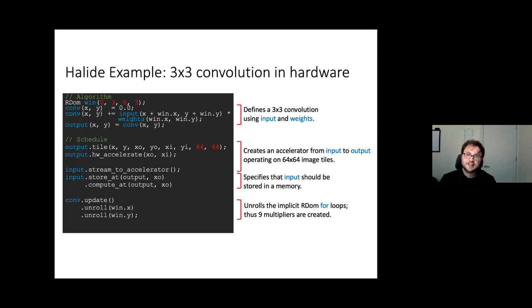So let me talk about Halide, which is essentially the programming language that we want to target to run on our accelerator, or to accelerate on our accelerators. Halide is a domain-specific language embedded in C++ that allows you to easily specify algorithms, especially ones that use stencil computations, in a convenient functional form. It was created by Andrew Adams and Jonathan Ragan-Kelley and has seen a lot of use. Google has most of their camera processing code using Halide, and there's an increasing community of people using Halide for